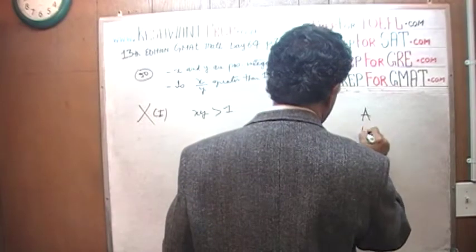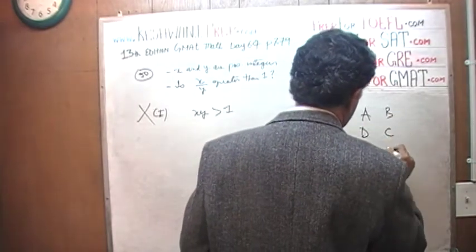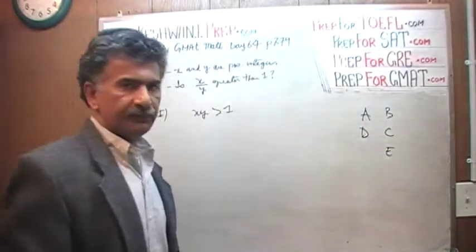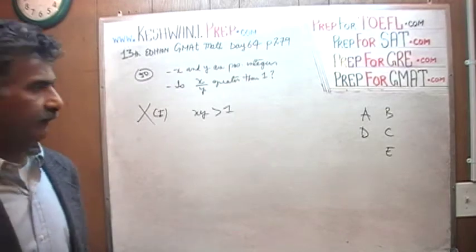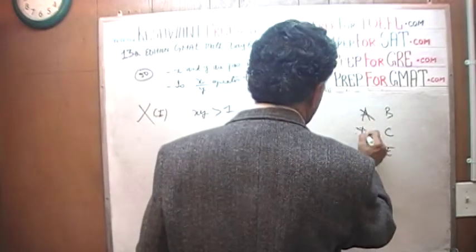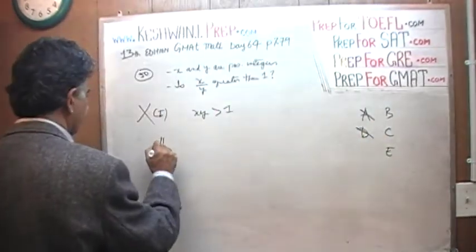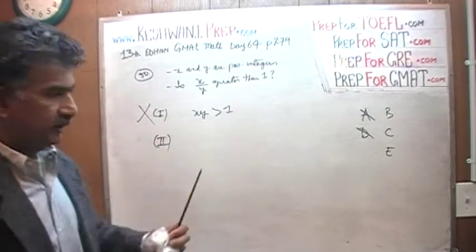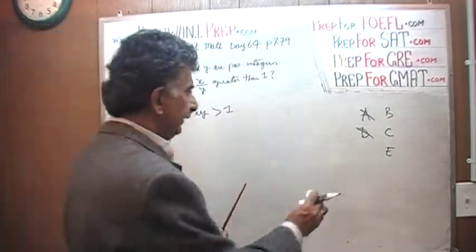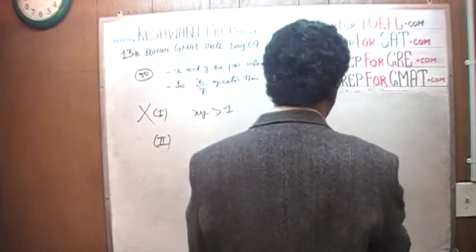A, D, B, C, E. Since the first statement does not work, answer cannot be A, nor can it be D. Let's look at the second one. Now, if you do not know what I just did there, A, D, B, C, E, it is very important that you watch